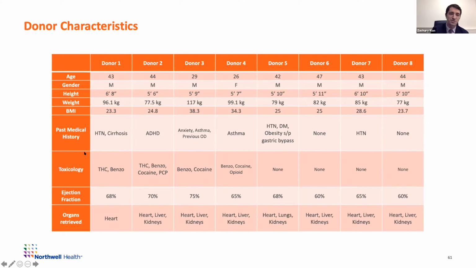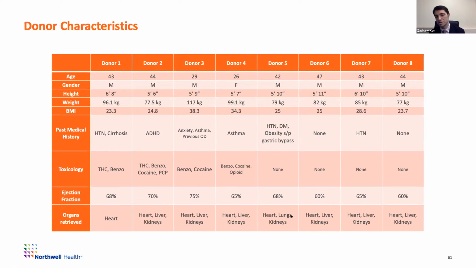Our first donor was quite interesting because it was a cirrhotic patient in renal failure dying of liver cirrhosis who was a heart-only donor. So the only organ utilized from that DCD was the heart, which made it really easy to get the first one under our belt without any other team being worried about how it's going to work. But I have to say every donor after that, we at least gave liver and kidneys or lungs and kidneys.